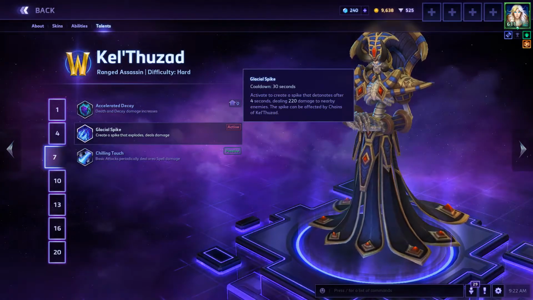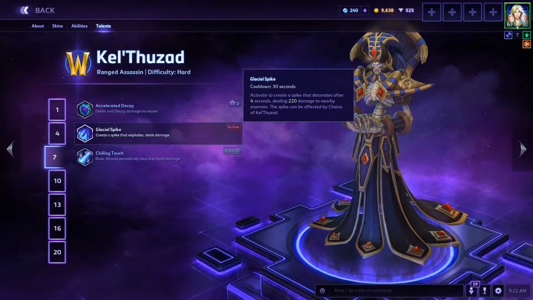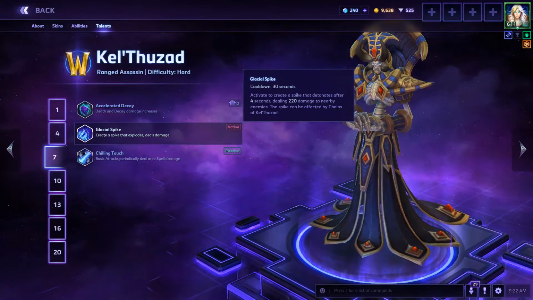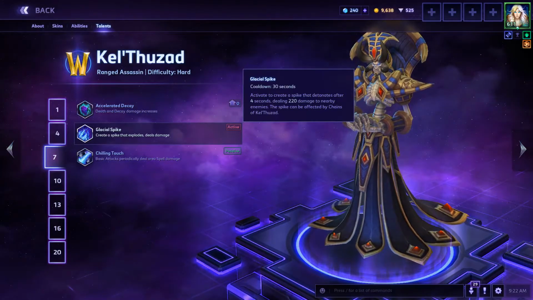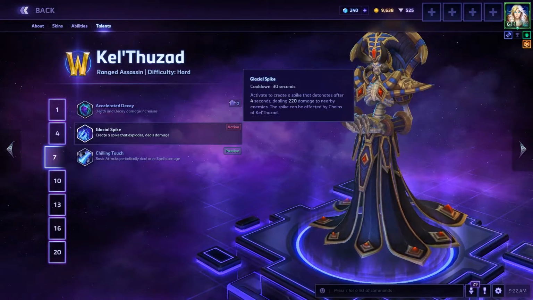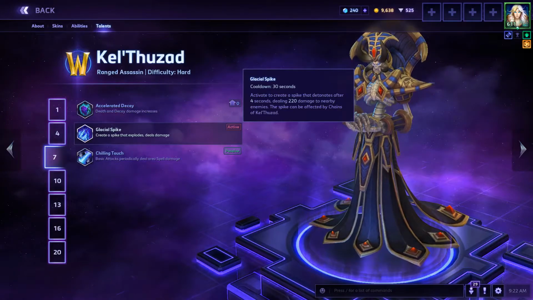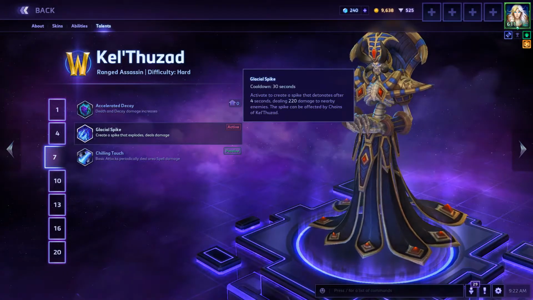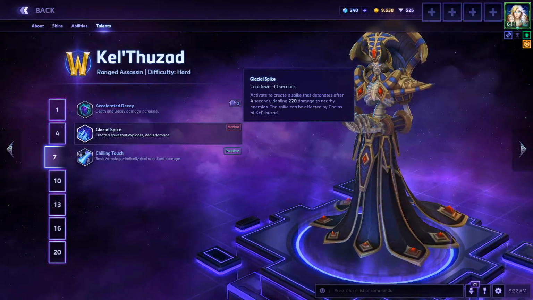This is a very powerful ability, and I honestly think it should be made baseline in Kel'Thuzad's kit, and just this talent be completely remade with something else. This talent is so good to Kel'Thuzad's kit. The fact that Glacial Spike can be affected by Chains of Kel'Thuzad, so you can use Glacial Spike to connect your chains, so pull someone to the Glacial Spike,